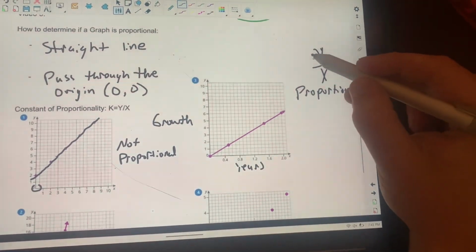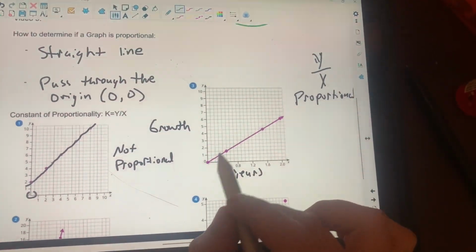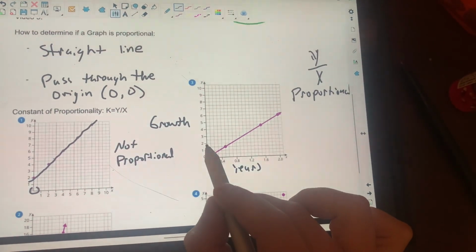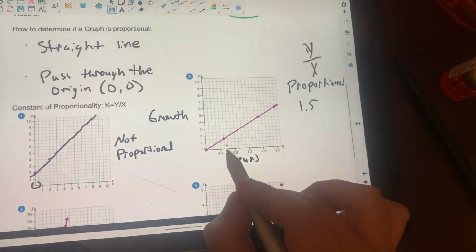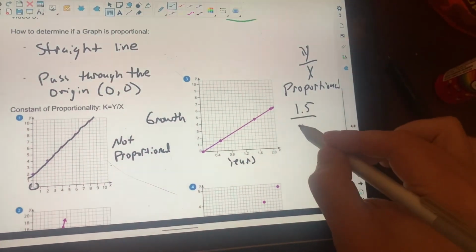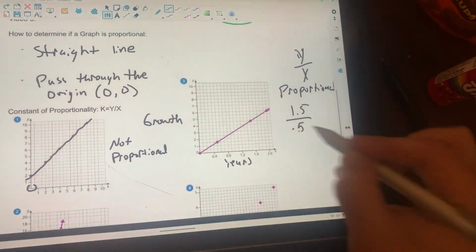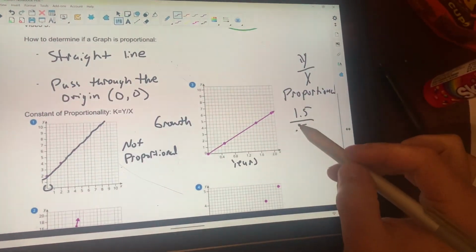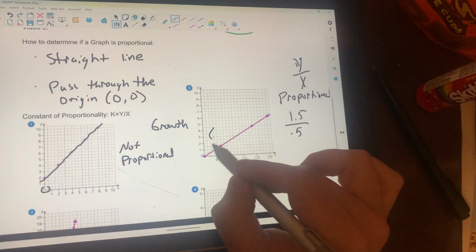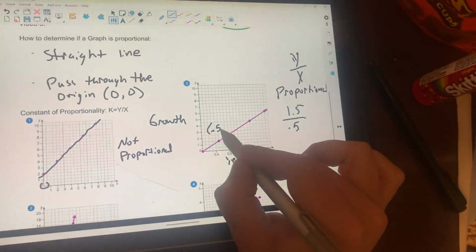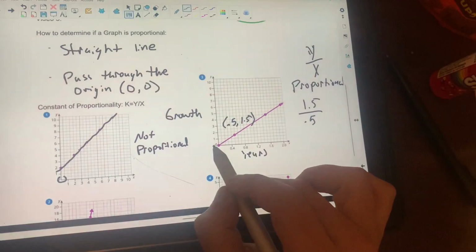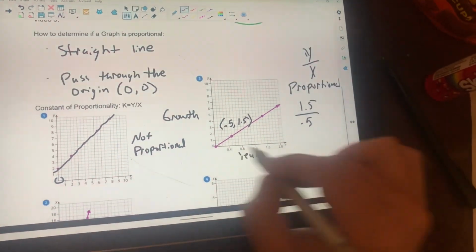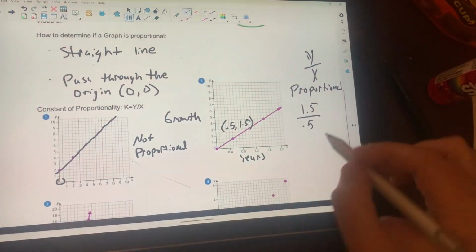So remember, when we're finding our constant, it's y over x. So to get to this dot here, I go up 1.5, and then I go over to 0.5. So 1.5 over 0.5. Now, this is at 0.5, 1.5. How I'd read this is for every 1.5 inches I grow, or we'll go the other way around, so for every half a year,